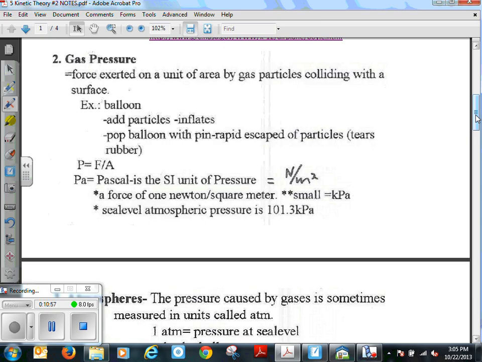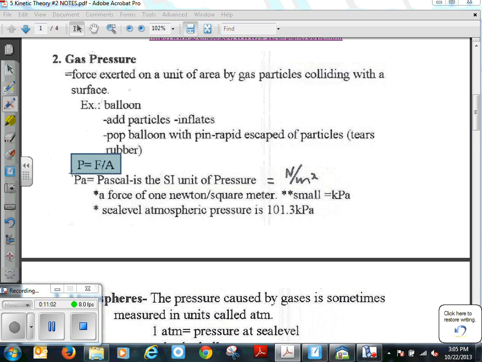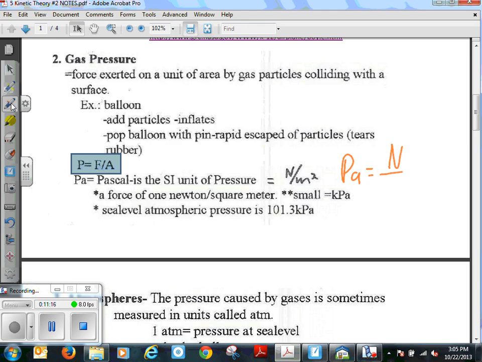Here's your little formula that I just showed you. Pressure is force per area. And Pascal then is the SI unit of pressure. So a Pascal is equal to newtons per meter squared, which